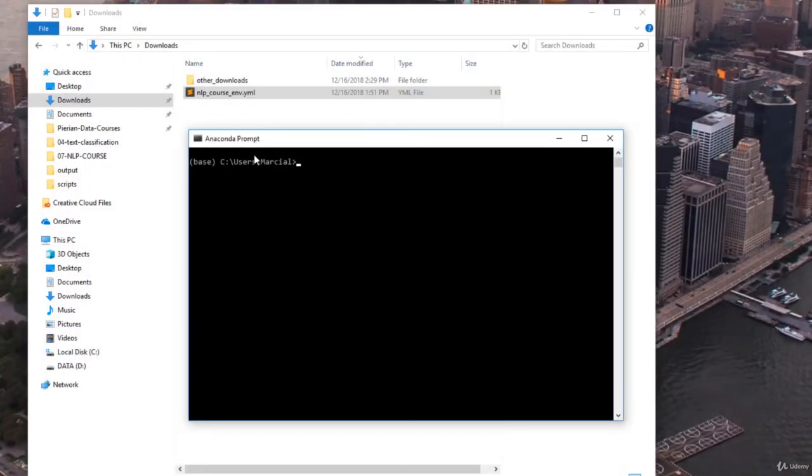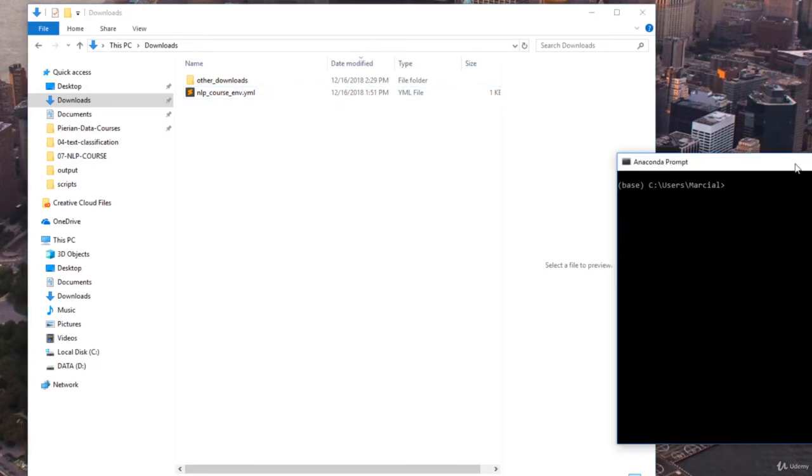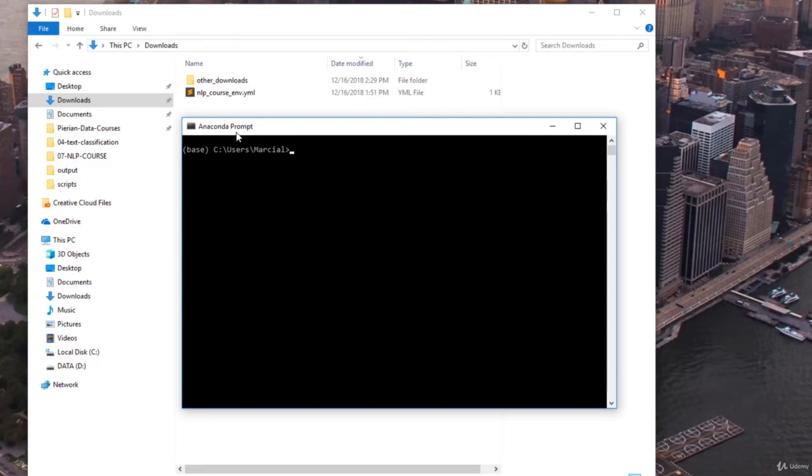Okay, so I've opened up my Anaconda prompt, and right now I'm located under C, Users, and then my username. Keep in mind that I must know the location of the .yml file that I just downloaded from the link. Right behind it here, we can see that underneath my downloads folder, I have the NLP_course_env.yml. So I need to change directory and make sure I'm in the same directory as this .yml file. So you have two options. You can either change directory at the command line or simply move the .yml file to wherever you're located in the command prompt. So I can either move that folder to under user and my username, or I can cd